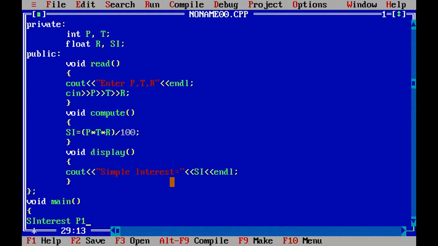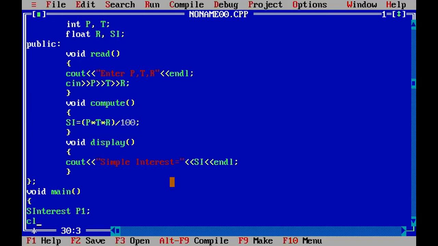His principal amount may be 5,000, and he has deposited the amount for a duration of 2 years. That's your time. And the rate of interest he is going to get is probably 2.5 or 3% per annum. So P1 here represents an object for person 1. Now I'm going to use a clear screen.